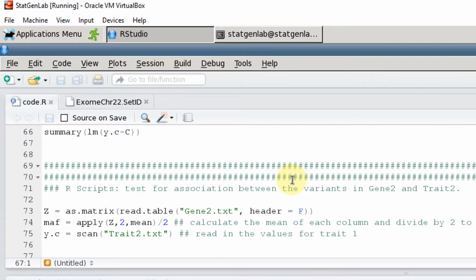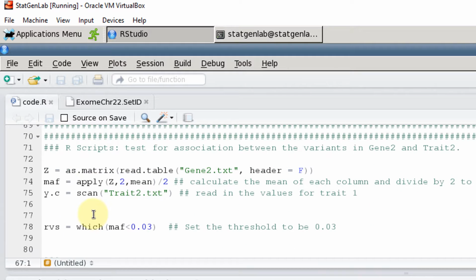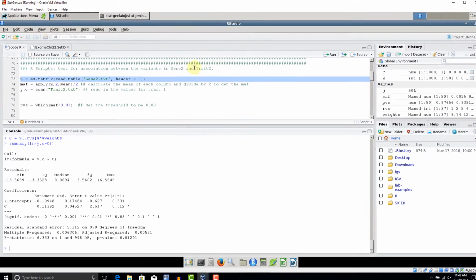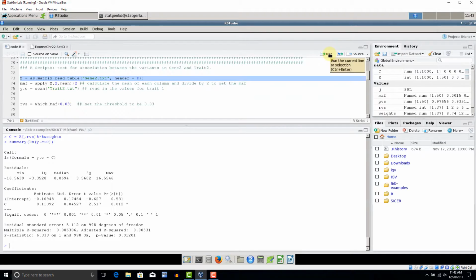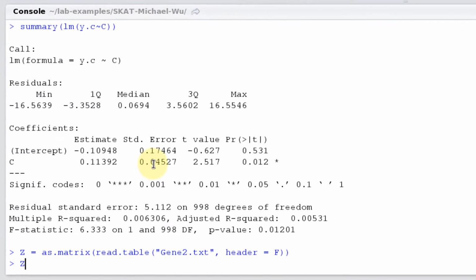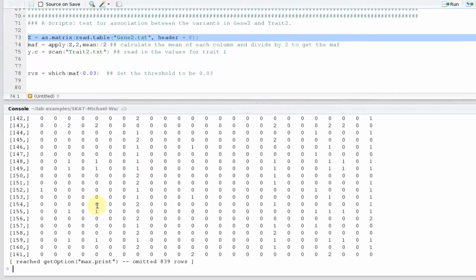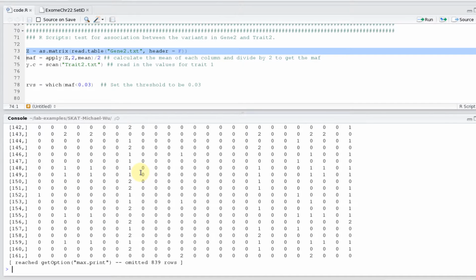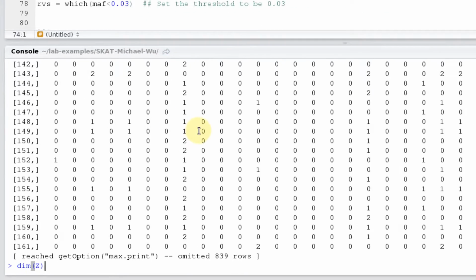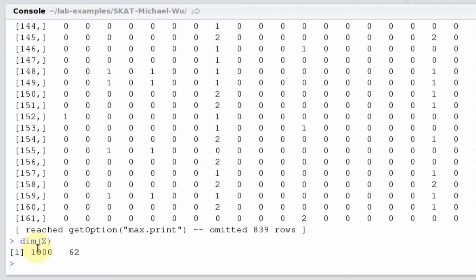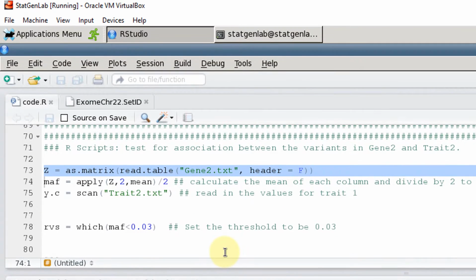What we've done so far is we've looked at trait 1 and gene 1. The next set of things we're going to run is repeat what we did, except we're going to look at gene 2 and trait 2. So again, we're going to read in the data. So z equals as.matrix, read.table of gene 2. We run this, and z is again just a giant matrix of zeros, ones, and twos. If we look at the dimensionality of z, there are 1,000 individuals and 62 variants